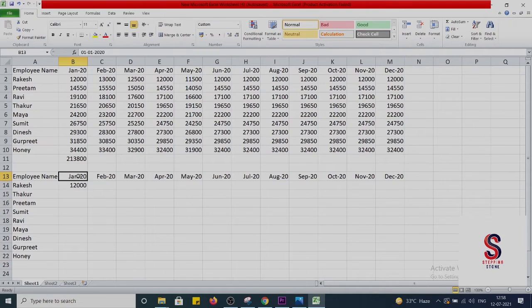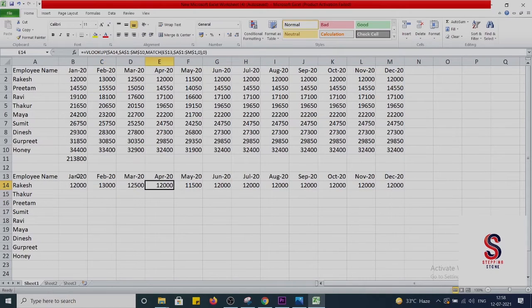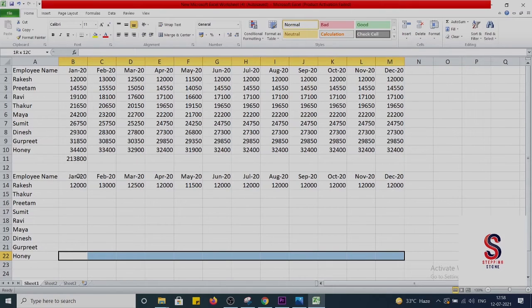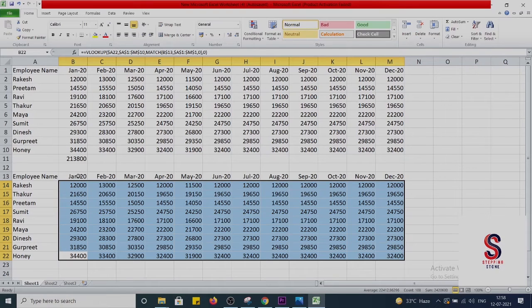Delete it, Ctrl C, and I will copy the whole range from Feb 20 to December 20. You can verify that it is fetching the data correctly. Now I will select the whole data and press Ctrl D to fill down.